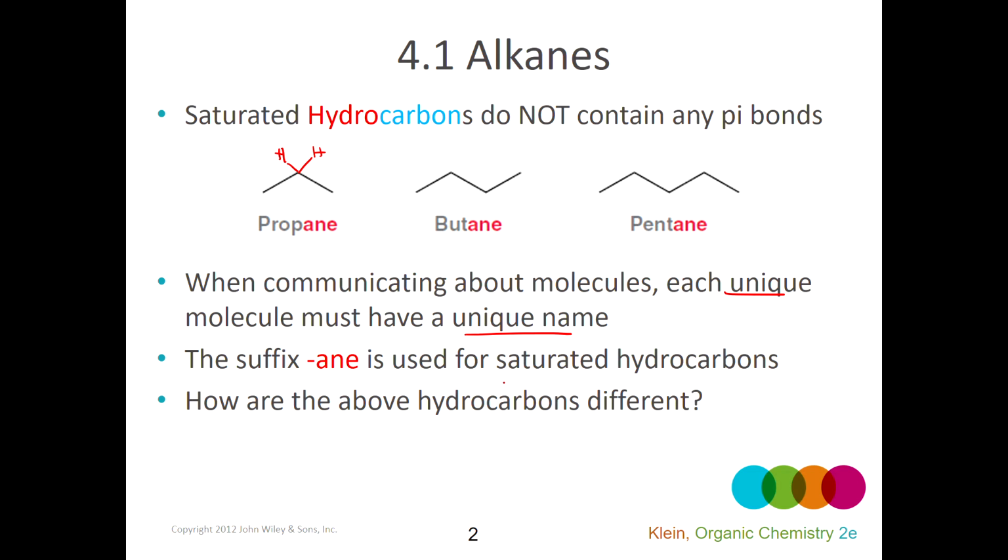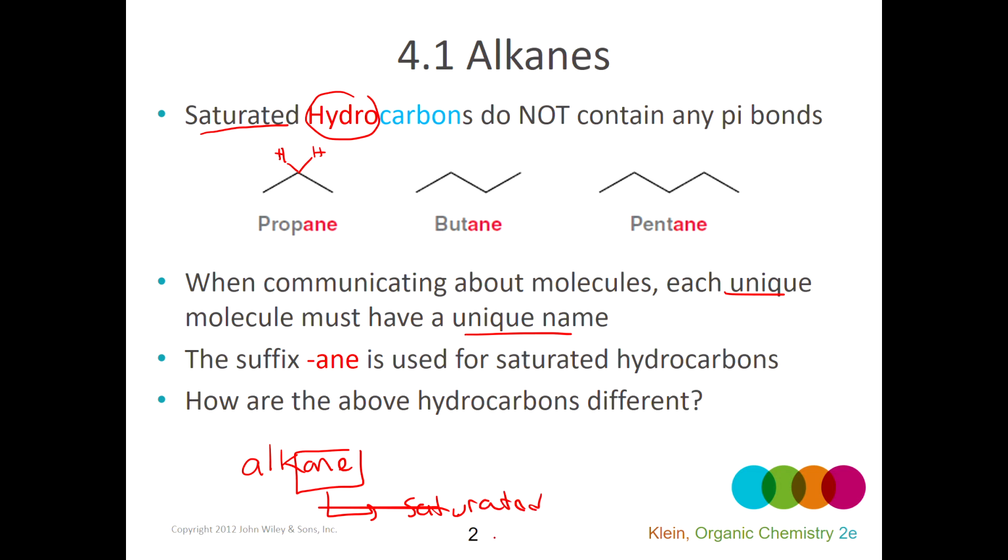Each individual molecule that's unique must have its own unique name. So we're going to talk about the naming system that this international group of chemists came up with. It's a systematic system that will help us develop names for compounds and keep our compounds that are unique straight from one another. So if it's saturated with hydrogens, meaning there's no double or triple bonds, the general classification of those molecules is that they are called alkanes. And the ane suffix specifically communicates that the hydrocarbons are saturated